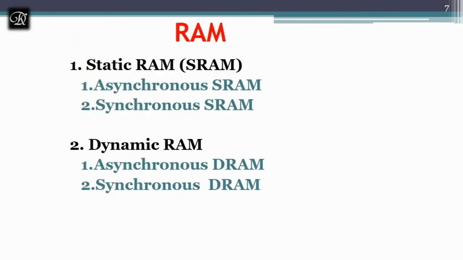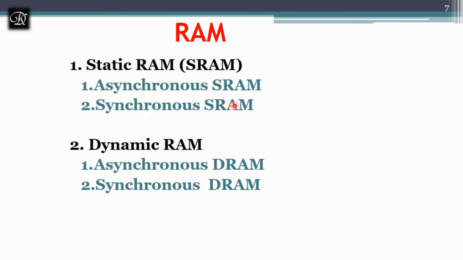Let's see RAM. RAM is a random access memory which is volatile in nature. RAM has two broad categories, static RAM and dynamic RAM. Both have their own nature, where static RAM is going to retain its state until the power is off. Dynamic RAM cannot retain its state even though power is on, so we need to pass a refreshing signal at frequent intervals. We'll see static RAM first.